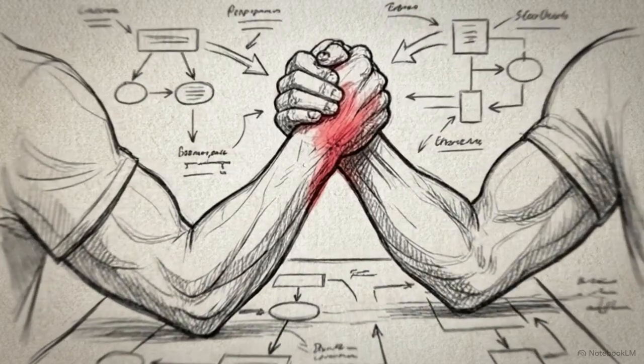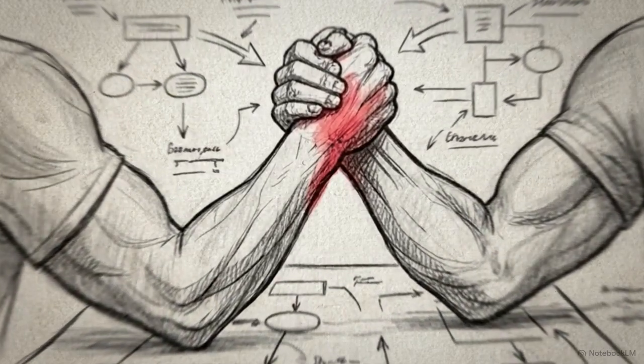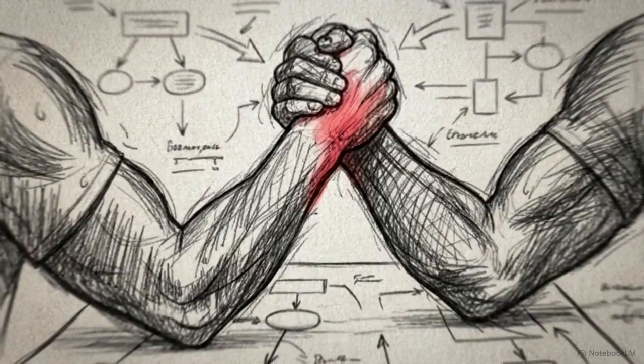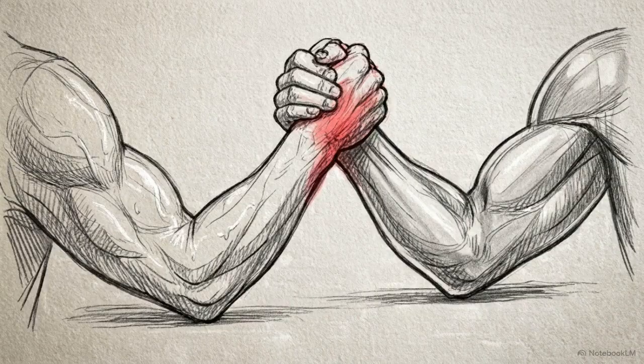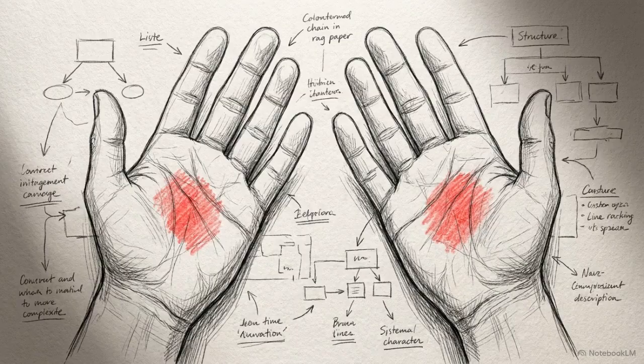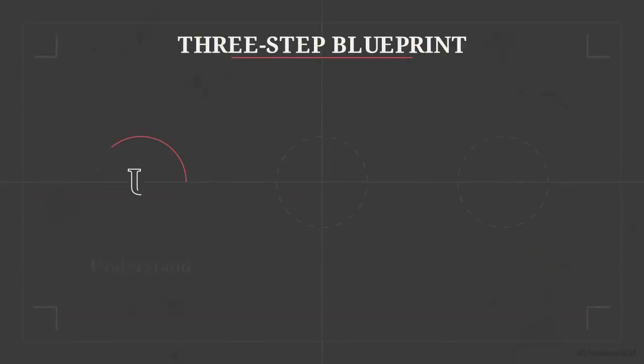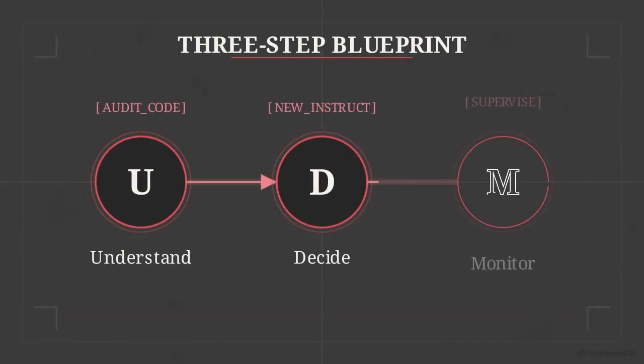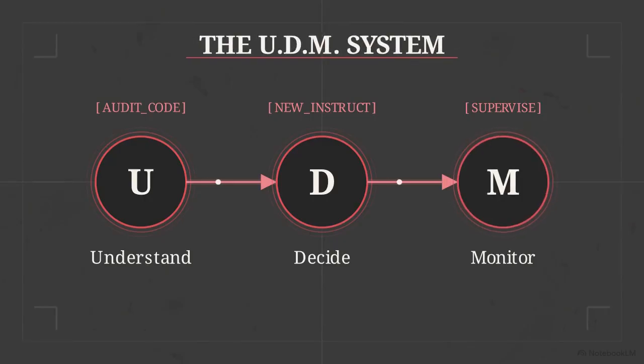If you've ever tried to break a stubborn habit using pure willpower, you know exactly how exhausting it feels. You are effectively arm wrestling yourself, except your other self never gets tired. We are going to stop fighting those feelings directly. Instead, you will build a customized 3-step blueprint, what we call the UDM system, to dismantle your habit at its